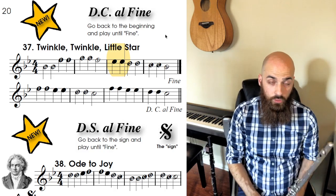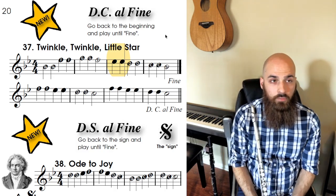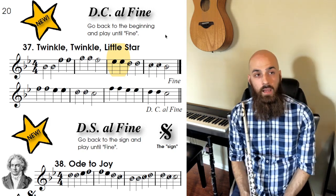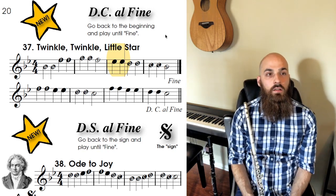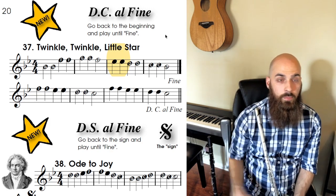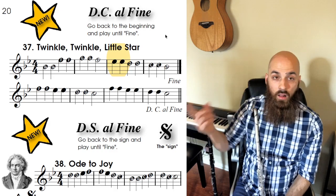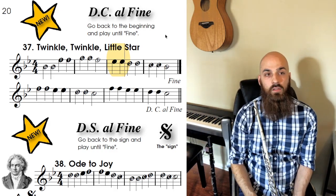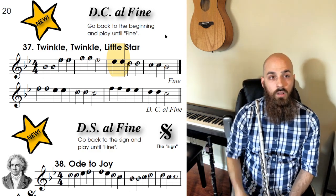Well, if you look at the words that are right above Twinkle Twinkle, it says D.C. al fine. And that's Italian, and it's an abbreviation of the words da capo al fine, which means go back to the beginning and play al fine, or until the fine sign. So you see the D.C. al fine, the very last measure,